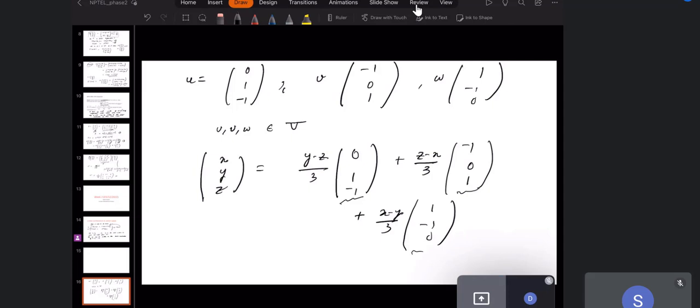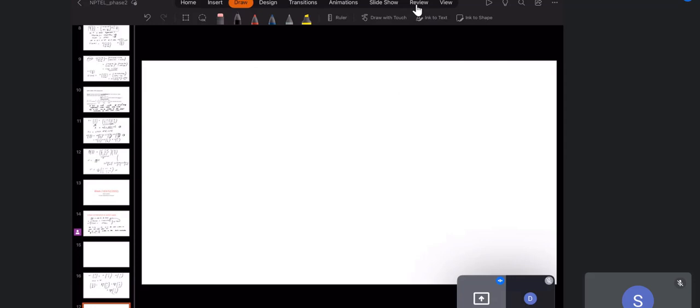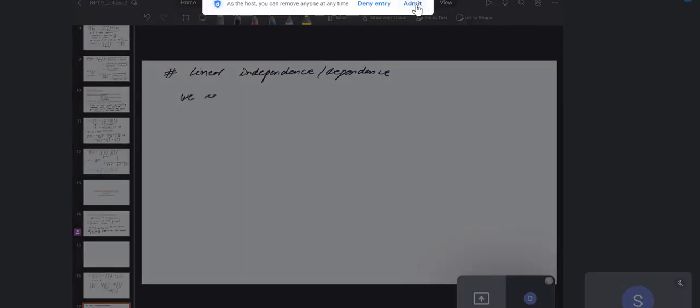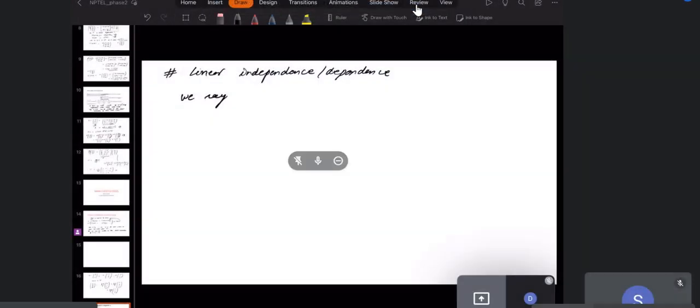Now, using this expression, one of the most fundamental concepts in the linear vector space is linear independence. Linear independence or dependence, whatever it is, they are just opposite of each other. So we say that vectors v1, v2 up to vn are linearly independent